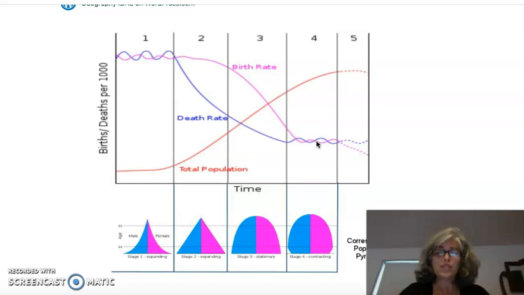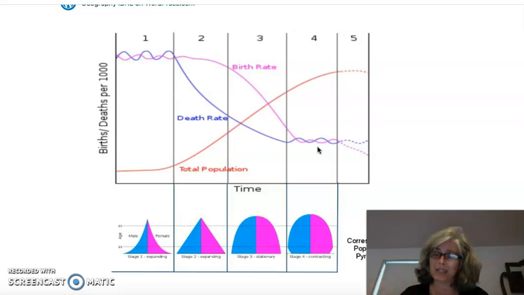But in other words, for countries that are in stage 4, it's highly industrialized, and you've got such a wide range of jobs that are available, and a low population increase. Pretty much a give and take between seniors dying and infants being produced in a society, so you've got a pretty stable life.